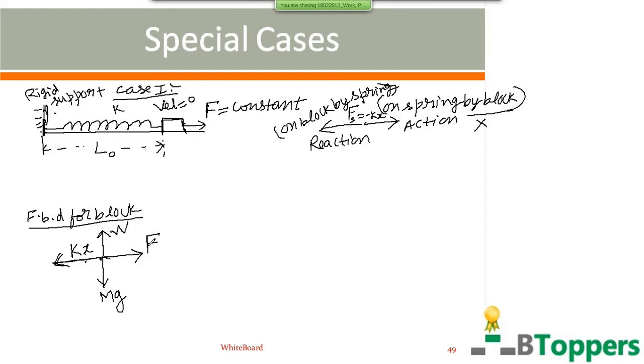After crossing that equilibrium position, the block does not stop at the equilibrium position because velocity is maximum and directed towards right. So it continues. The block keeps moving towards right until the velocity again becomes 0. The spring is maximally stretched at the instant when the velocity of the block becomes 0. So let us first apply the work energy theorem.